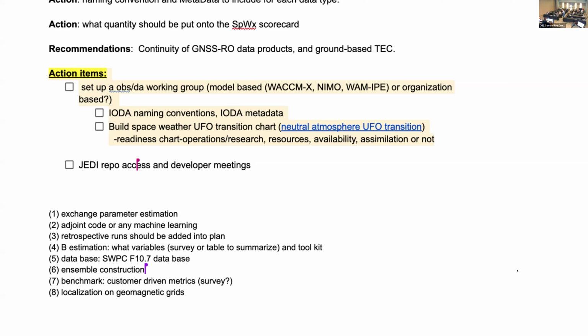I think if we stick to the three models, John. Right now, we're really looking at Wacom-X, the WAM IPE and the PyRI SAMI. So focus on those. And if you specifically want to reach out outside of that, feel free. But I think from the Jedi point of view, those are the three we're really targeting. I think you have a good gauge on what may be needed and it's coming, but I would say those are the three to focus on right now.